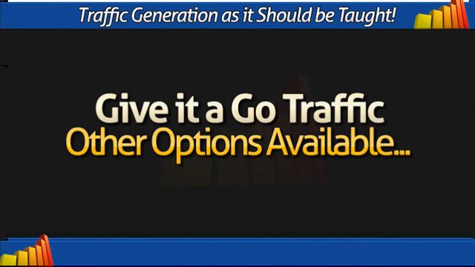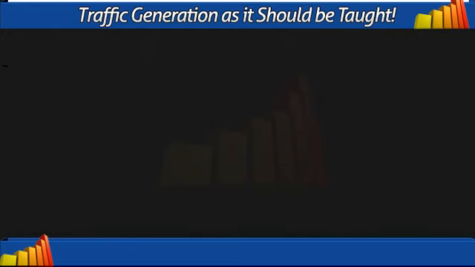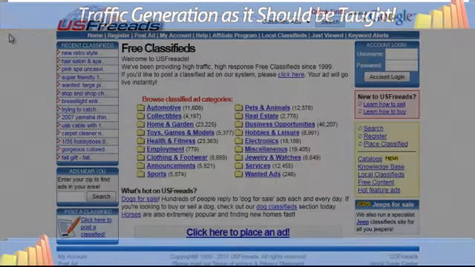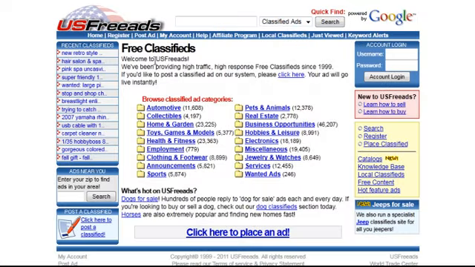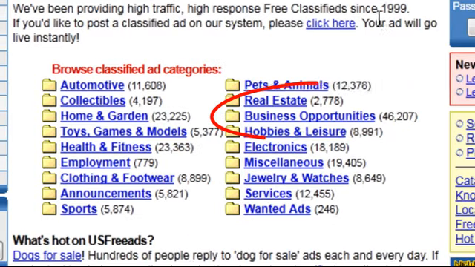One popular, well-known one, it's gone up and down in popularity over the years. Some people say it's just full of too much spam. Others actually use it on a regular basis as their first port of call. It's the usfreeads.com site. That's usfreeads.com, and you can place free classifieds here in different categories, including services, business opportunities, etc. And if you look on their site, business opportunities is still one of the highest volumes of ads on their site at any one time.